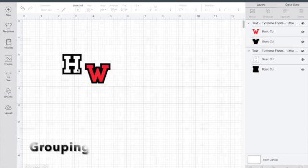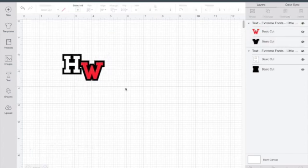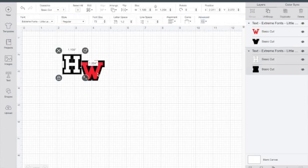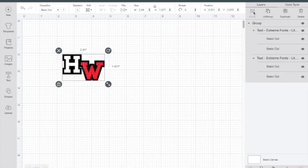So right now you have two separate letters, and you can move them independently and arrange them however you would like. And once you do that, you can group them together. You just select both of them and then click on Group. Now they move as one unit together, and you can see the size of how big they are together. You can resize them together,